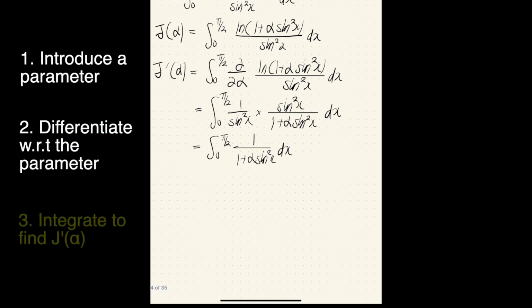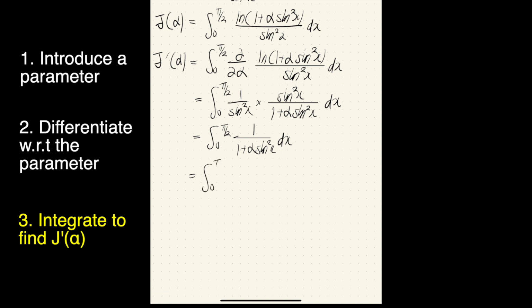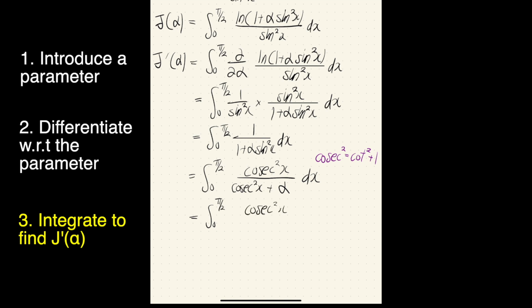And now we will divide both sides of the fraction by sine squared of x over sine squared of x, which is the same thing as dividing by 1, so we're not changing the quantity as a whole. So this will give us cosecant squared of x over cosecant squared of x plus alpha dx. And now we will rewrite the denominator using the trigonometric identity: cosecant squared is equal to cotangent squared plus 1. So this will give us the integral from 0 to pi over 2 of cosecant squared of x over cotangent squared of x plus 1 plus alpha